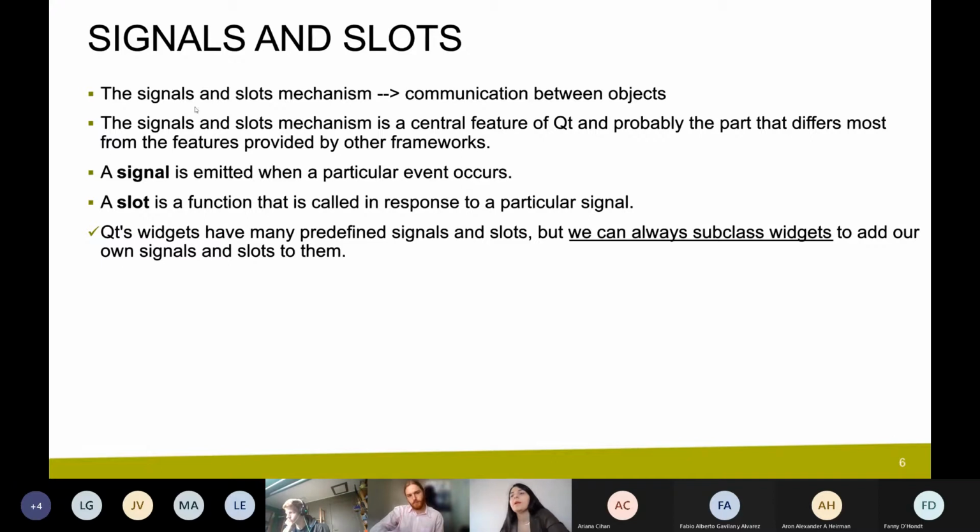So here we have the signals and slots mechanism, which is a central feature of Qt, and probably the part that differs most from the features provided by other frameworks. As I said, in other frameworks, you have an underline click or something. So you have some functions like this. In C++, there is something, I cannot remember the term, I think it was MFC or something like that,